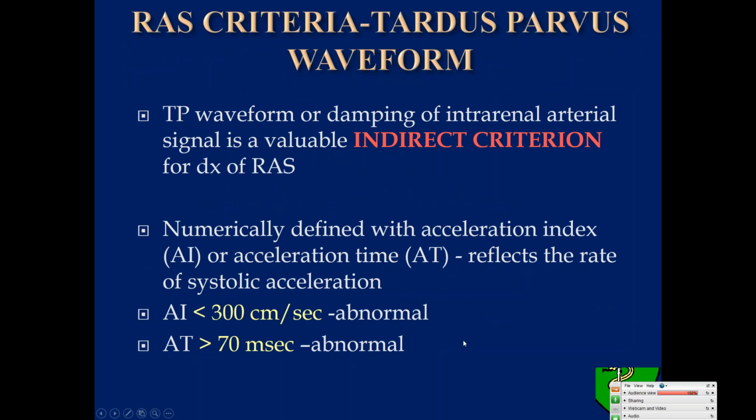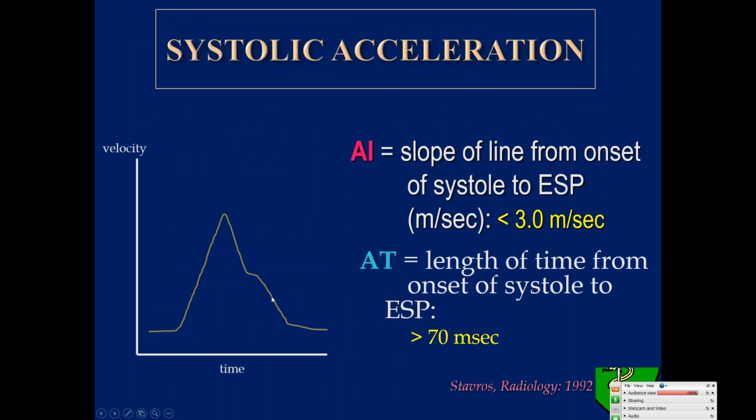One of the indirect criteria is Tardus parvus waveform, and it represents a damping of the waveform in the segmental vessels. We can either subjectively look at the waveforms, or we can estimate acceleration times and acceleration indices. Here's an example of how to evaluate this. The acceleration index is the slope of a line from the onset of the systole to the early systolic compliance peak right here. And if we see that the slope is pretty steep, then there is a presence of Tardus parvus